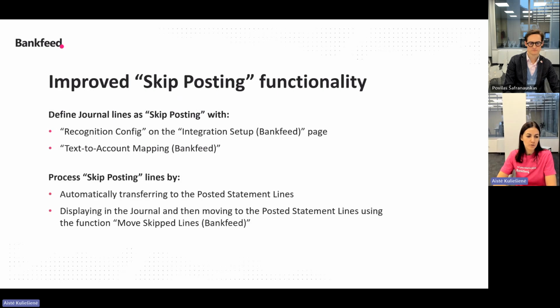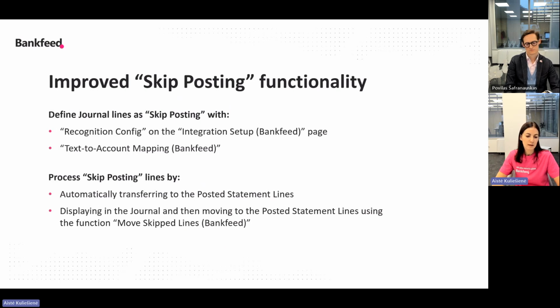Now we need to think how we want to process these skip posting lines. So there are a few possibilities. One of them, we can set a setting to automatically transfer these skipped posting lines to posted statement lines. Or we can use move skipped lines bank feed in journal lines.